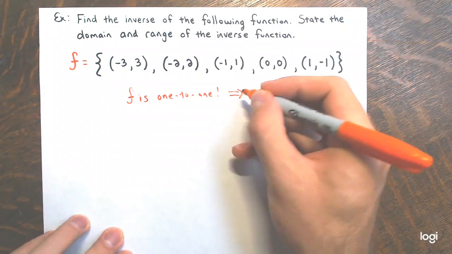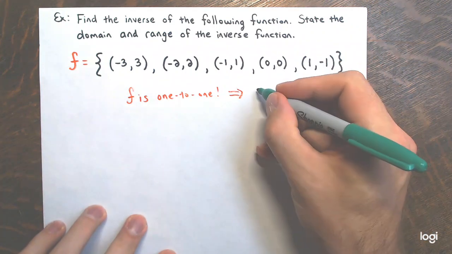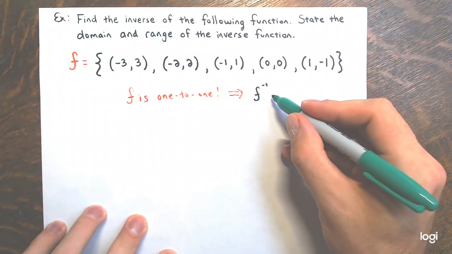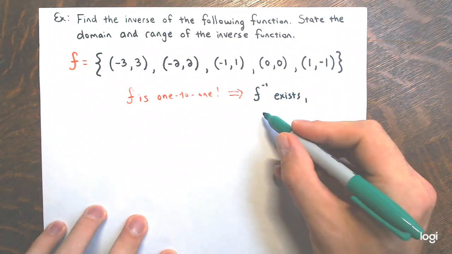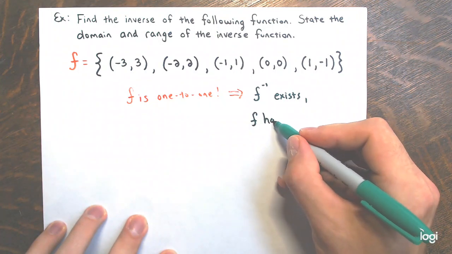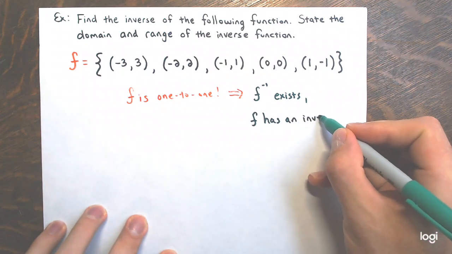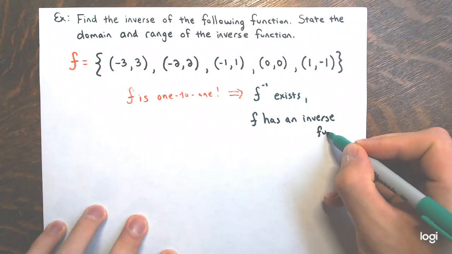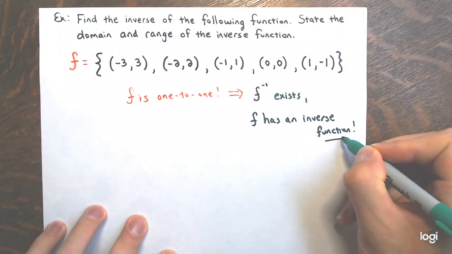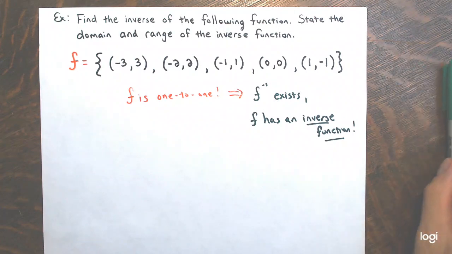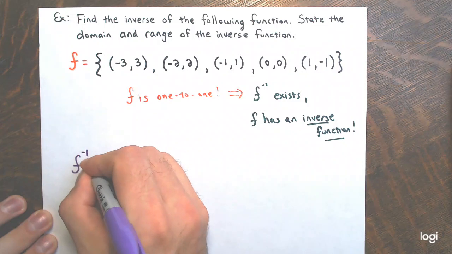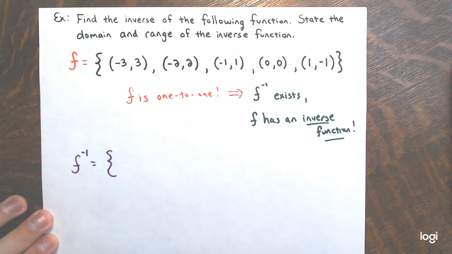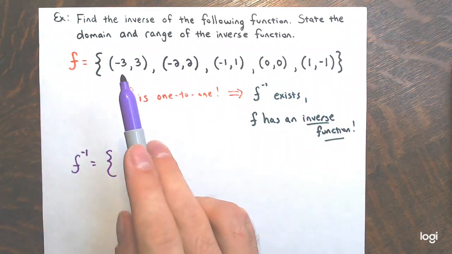And this means that f inverse exists, or f has an inverse that is a function. f has an inverse function if f is one-to-one. Okay, so that inverse function is very easy to write. f inverse would be the set of these ordered pairs. I'll take the ordered pairs from function f, like I did earlier, and just